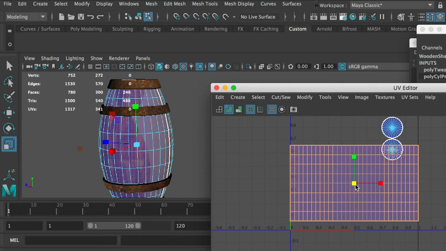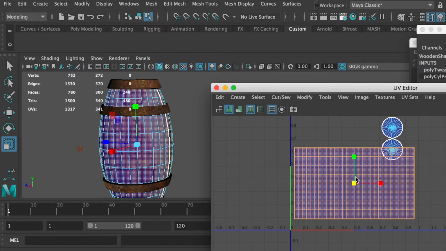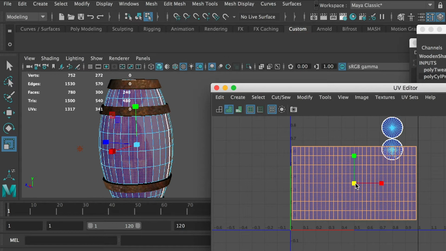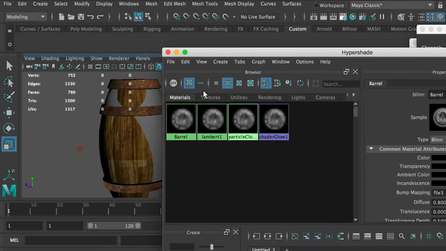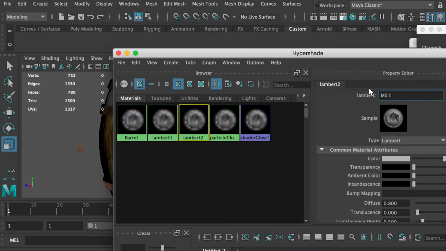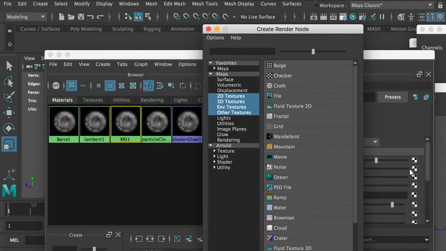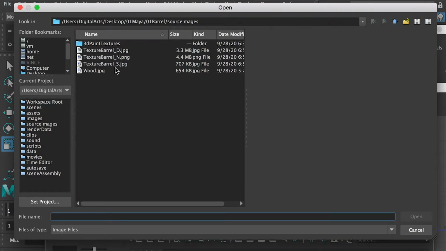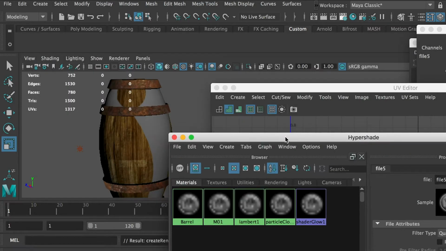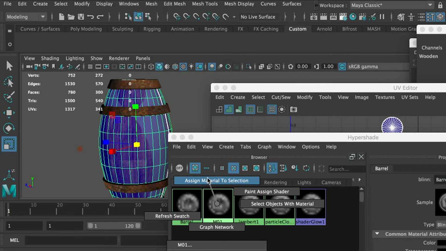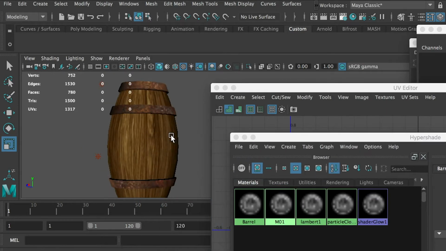All right. So here I will place it inside of this frame, and I'll give it a new material. I'll select this whole thing, create a new material, give it a name, and for its color channel, I'll load a file and give this image as a texture. As you can see, every part of this image is a straight line, the texture on the wood. So if I select the object and apply the material to it, now you can see